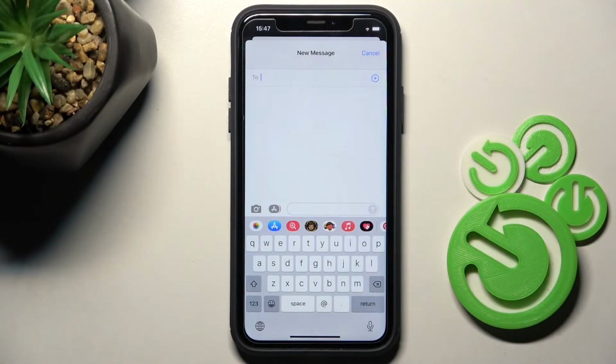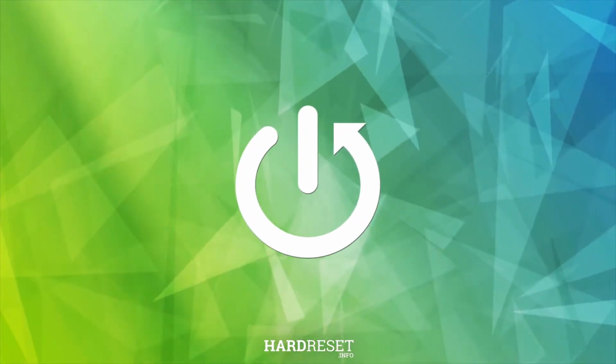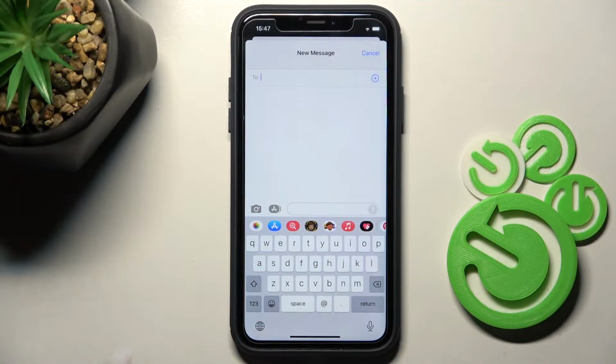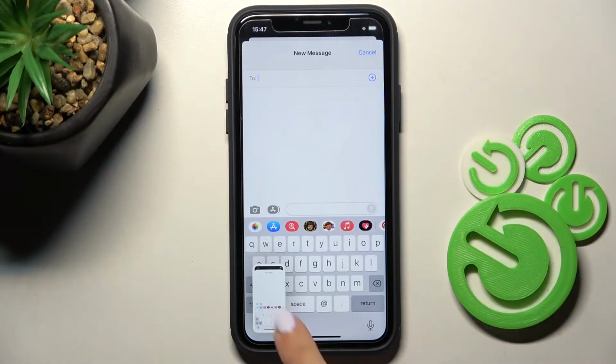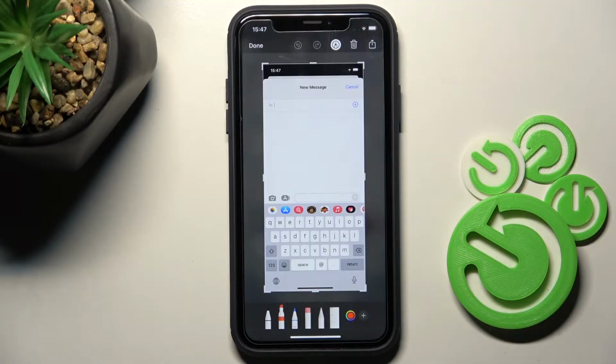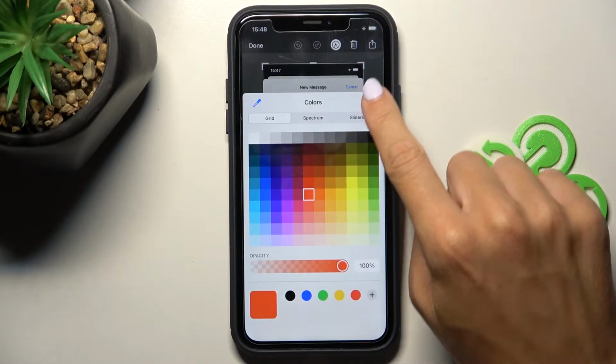Hi guys, here we've got Apple iPhone, and let me show you how to use Autoshapes on this device. First of all, let's just grab a quick screenshot. Here it is. Now let me open this screen, and for example, if you'd like to draw here, for example, a heart, let me just change the color,